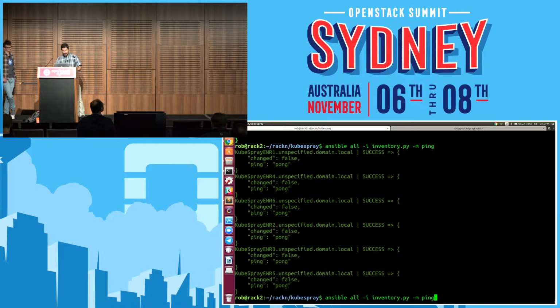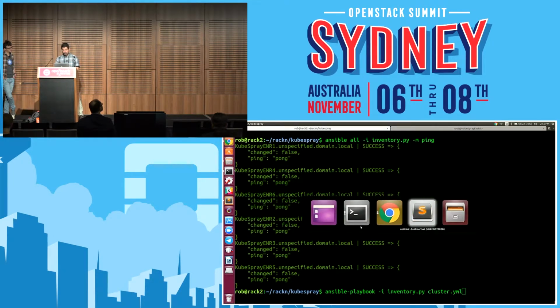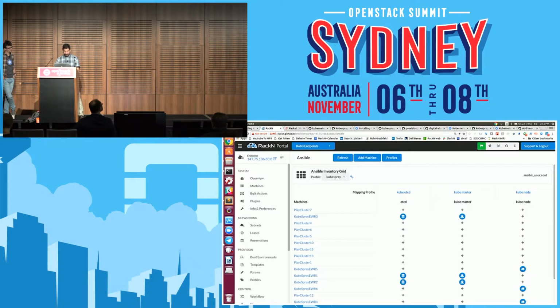And then from that point forward, what I would do is a very simple playbook install. So the simplest one that you can do is to literally just run the Ansible playbook, pass in your inventory, and give it the cluster specification. Okay. If I do this, it will go ahead and start running my install. What I can do to make this a little bit more interesting, if you'll bear with me for a moment,